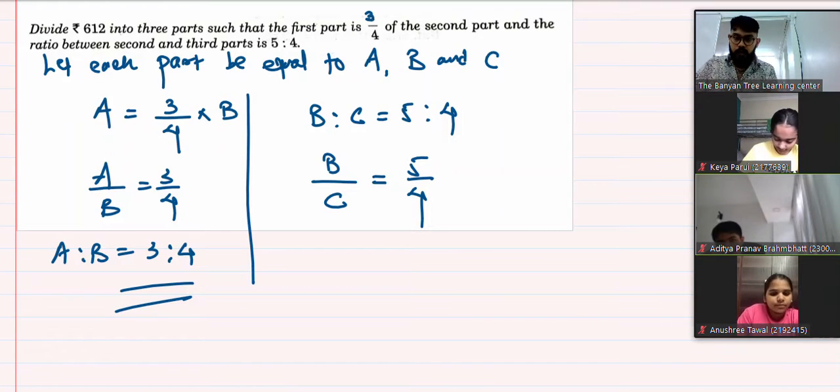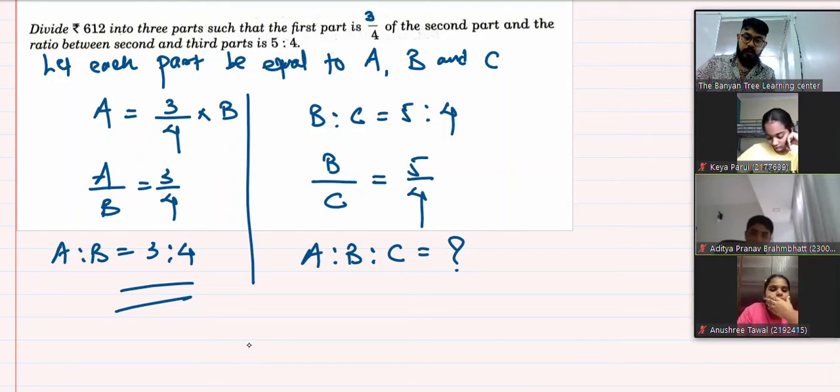लेकिन अगर मुझे डिवाइड करना है किसी अमाउंट को, तो आई शुड बी नोइंग दिस रेशियो A is to B is to C कितना है. बट मैं ये रेशियो तो मुझे नहीं पता है, लेकिन मैं ये निकाल सकता हूँ. कैसे? सो एज आई टोल्ड यू अर्लियर, एक क्वेश्चन में हमने ये डिस्कस किया था. सी द कॉमन पार्ट इन बोथ द रेशियोज, इट इज B. B इज द कॉमन टर्म.